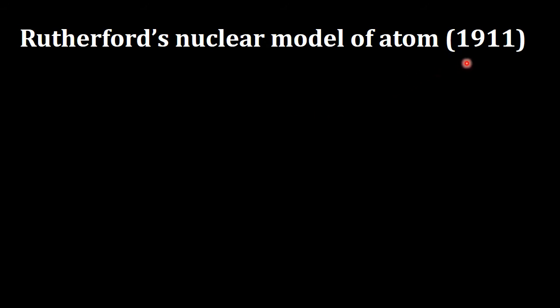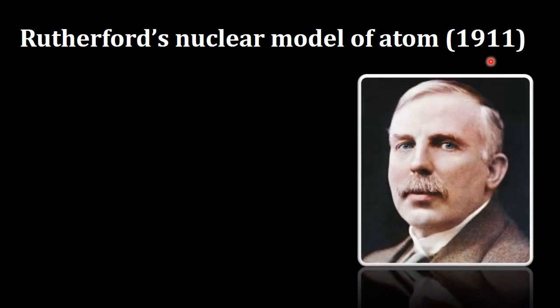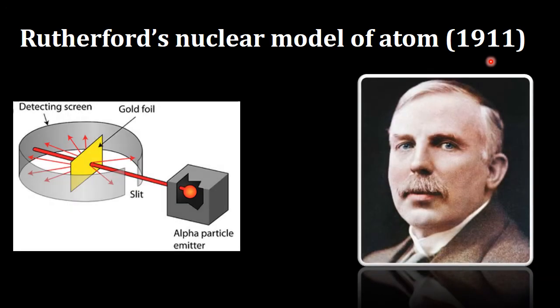Later on in 1911, New Zealand scientist Ernest Rutherford put forth a new nuclear model of the atom. Rutherford took a very thin gold foil and bombarded it with positively charged alpha particles emitted by a radioactive element. Now why did he choose alpha particles? Because alpha particles are highly active with great ionization power. He also wanted a very thin layer of metal, and gold is the most malleable metal, therefore he used gold film.